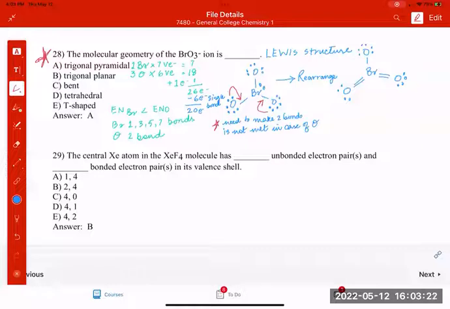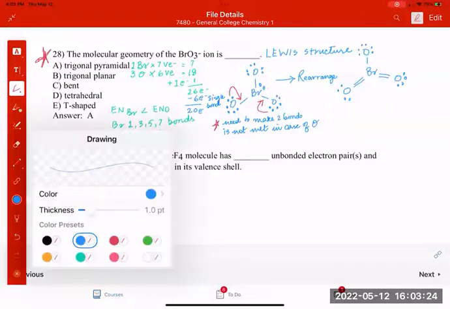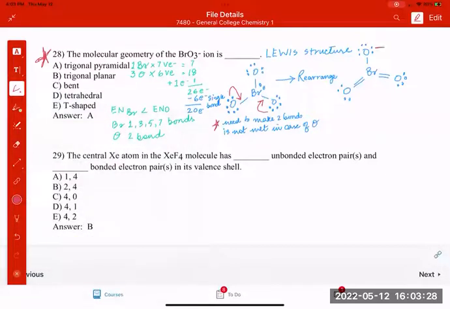Where will you put the negative charge, guys? On this bromine, on this oxygen, which is looking to have a double bond. Okay, so there is going to be resonance in this molecule because the double bond is going to rotate. So resonance will happen. I don't have much space here, but you understand that resonance would be that the bromine